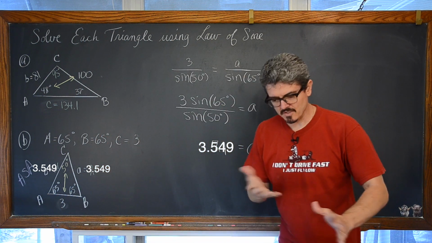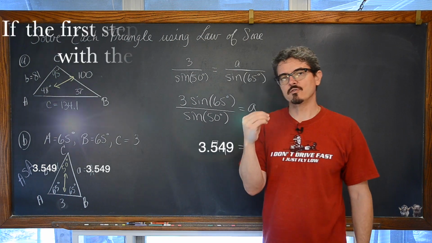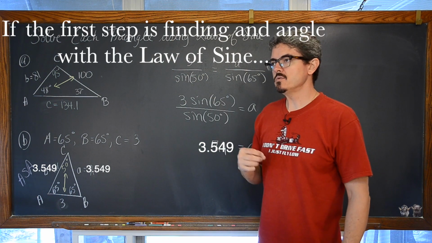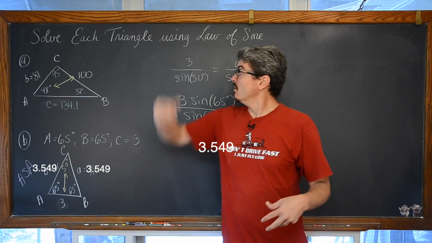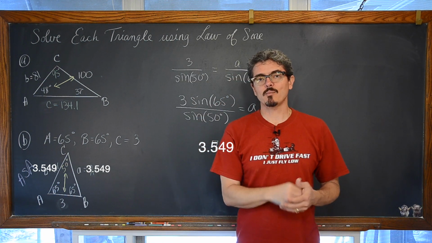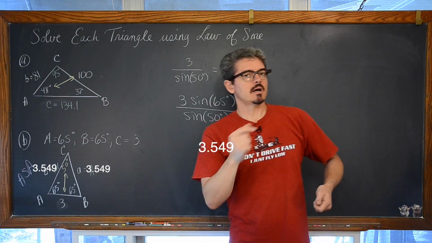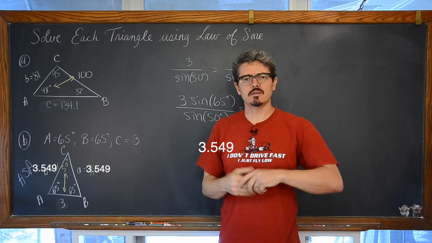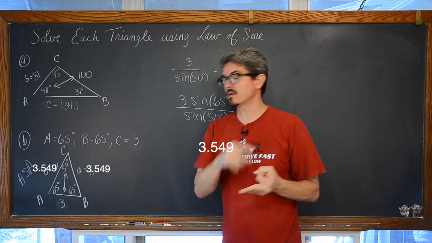Now, to finish this up, these were both very, very similar. The problem is if you have to find an angle using the law of sine, you have 2 issues. If you're finding an angle with the law of sine, that means the original problem was in that side-side-angle pattern, and that's not a congruency theorem in geometry, opening the door for there to be 1, 0, or 2 triangles. We'll be looking at that soon.